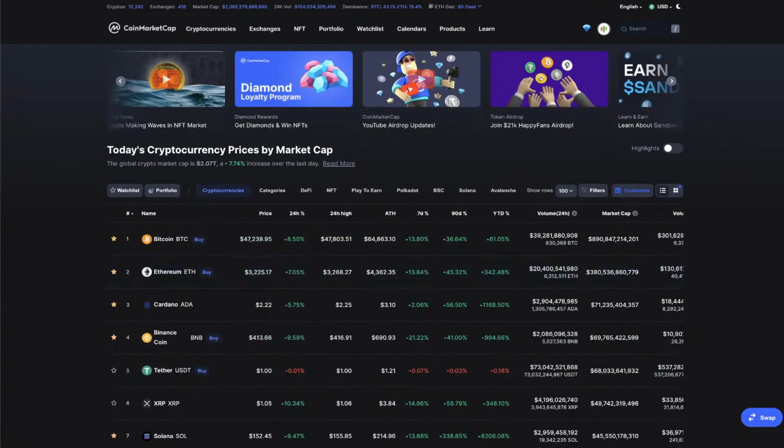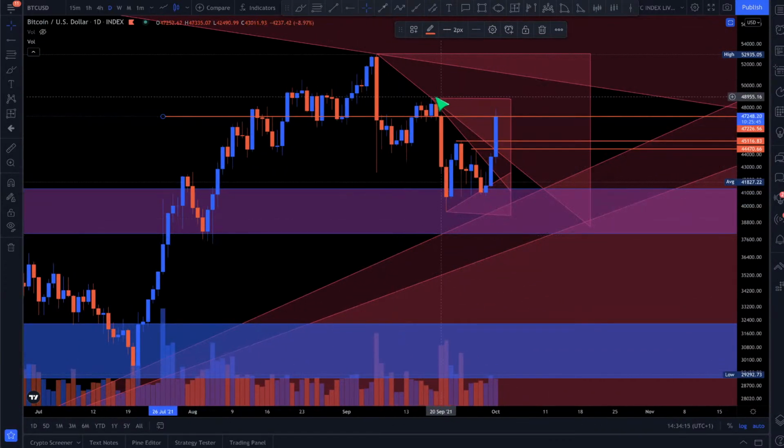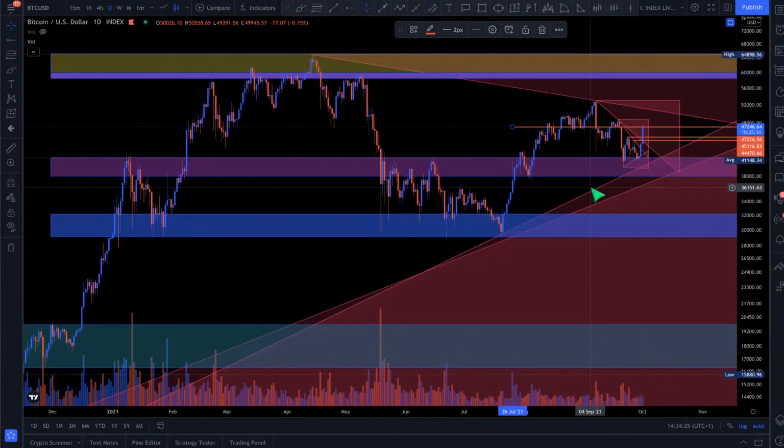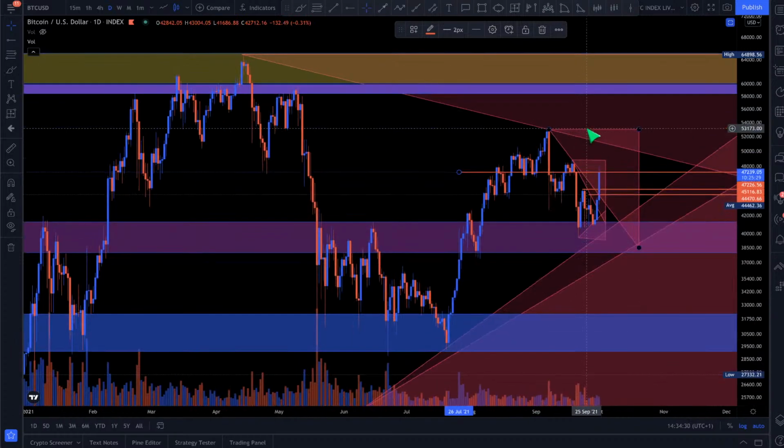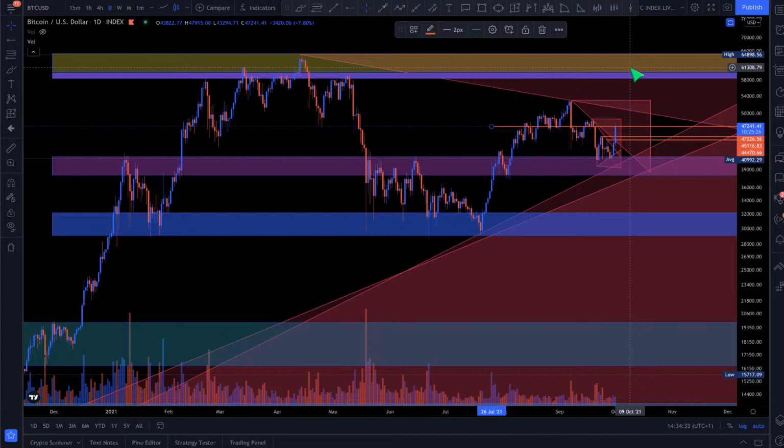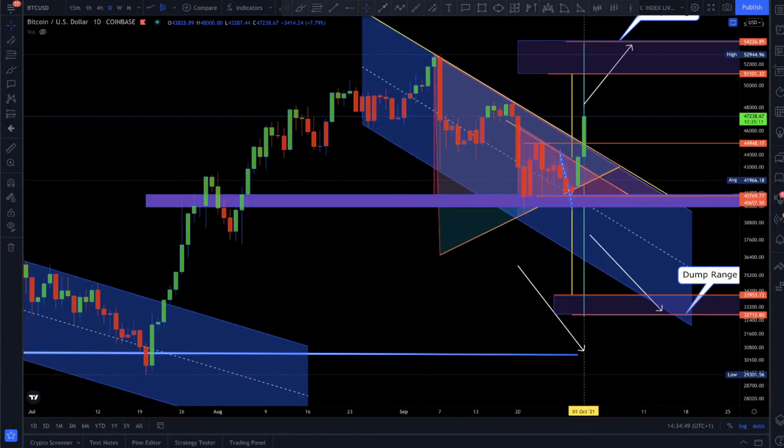But as I said, for us to validate everything, we have to get to this level here, 48, to validate and say, look, guys, we are definitely going back up again. And then we need to obviously get above this 52 to confirm that that's it. This was just a minor little glitch for us, minor little issue, and then we're moving back up again. Nothing more, right? And this could propel us to the six-figure BTC that we're looking for, which would be awesome to see this year. By the end of this year, if we can see a six-figure, that would be really, really awesome. So this is what I'm looking for. And I hope this kind of all makes sense. I'm not going to make this video too long. So yeah, so far so good.